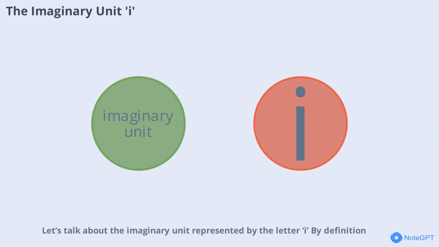solvable. Let's talk about the imaginary unit represented by the letter i. By definition, i is the square root of -1. This means that i² equals -1. It might seem a bit abstract, but this simple idea is the foundation of complex numbers. With i, we can express numbers that were previously impossible to write, and this opens up new possibilities in mathematics